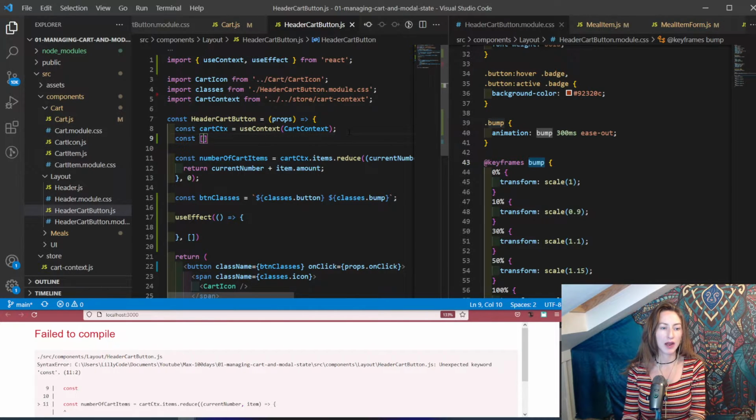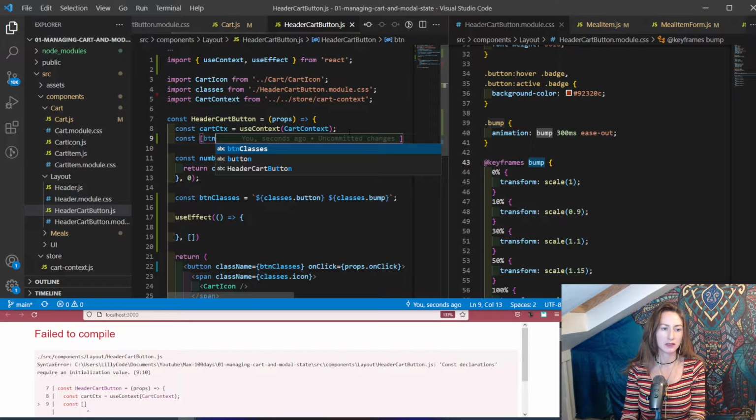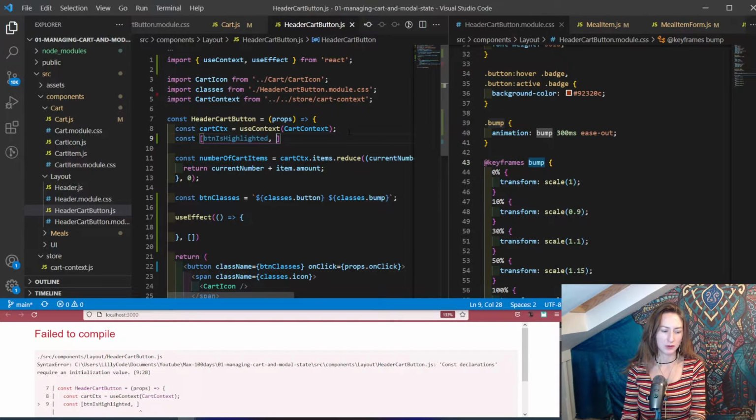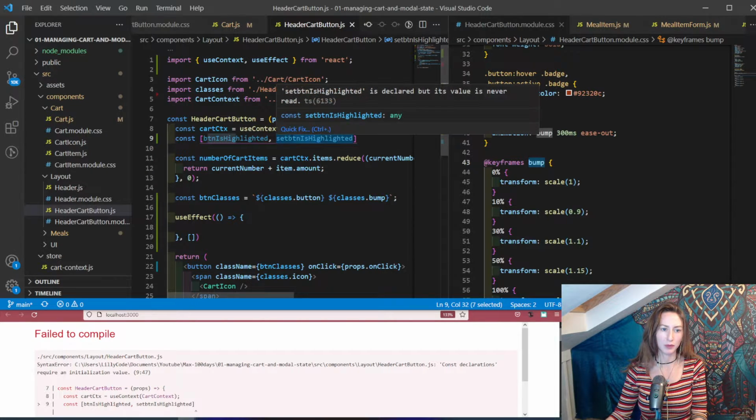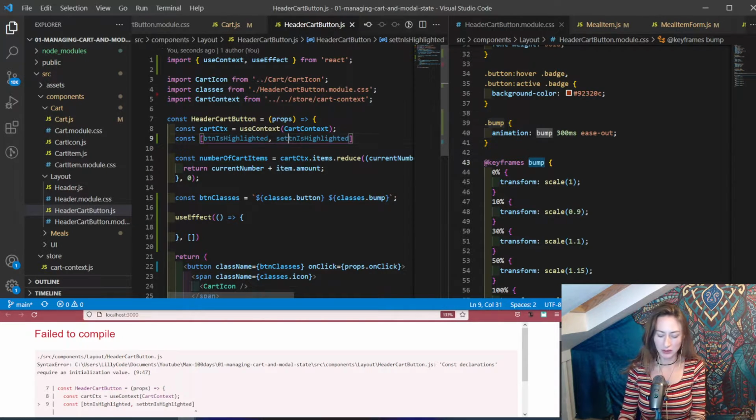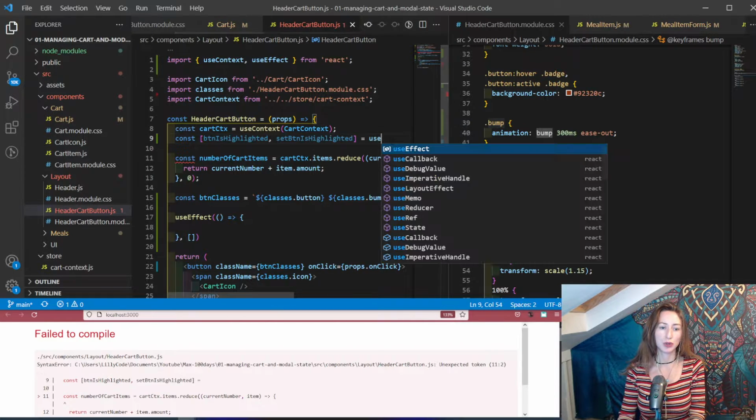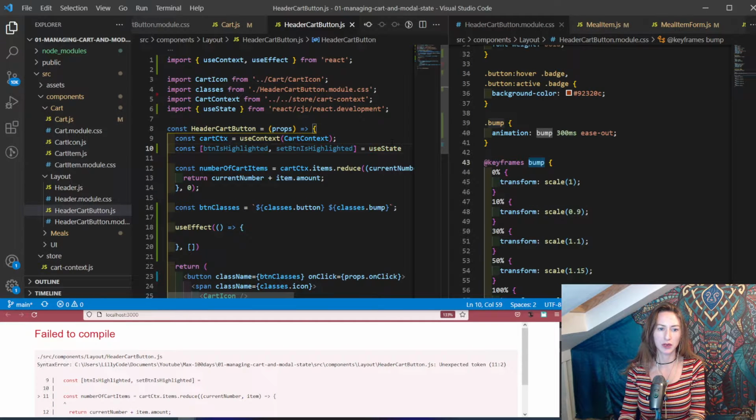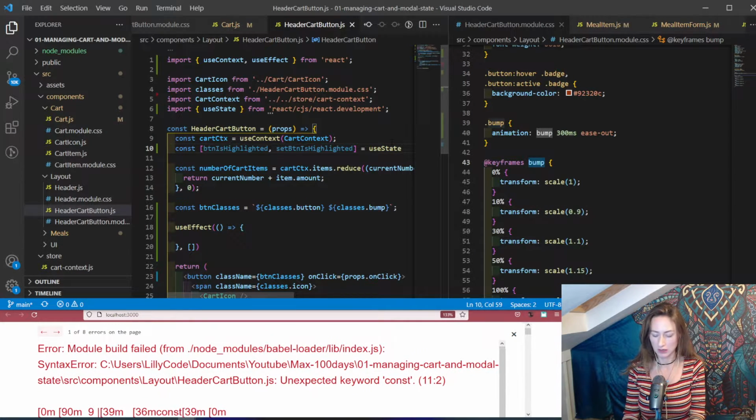Anyway, so then we have an array, and this is going to be button is highlighted. Highlighted always confuses me. And then set button is highlighted. So you just call the same name, but with set at the front, because this time we're setting that variable. That's the naming convention. And then we'll equal this to use state, because we're tracking the state of the